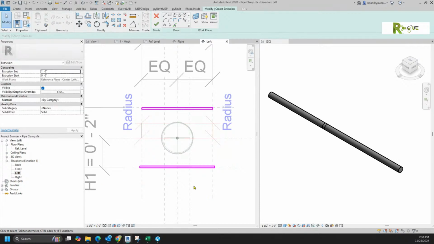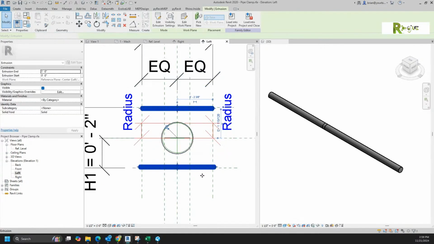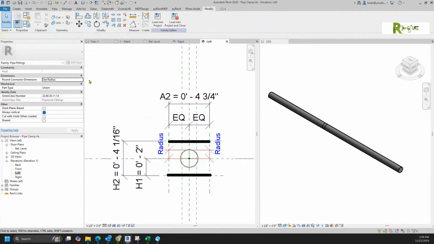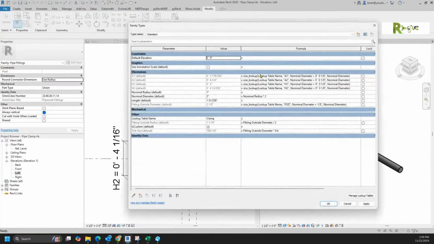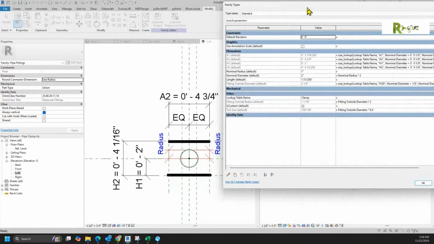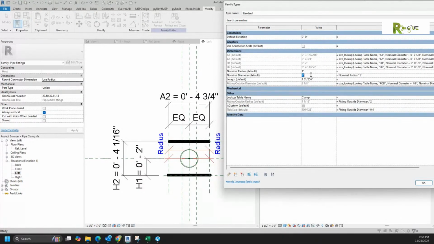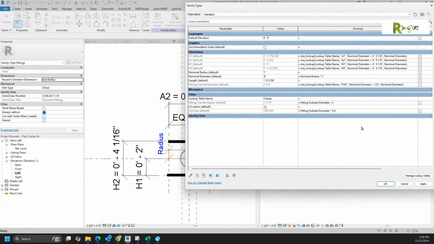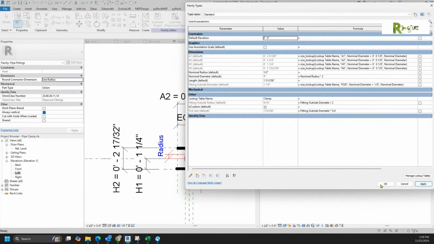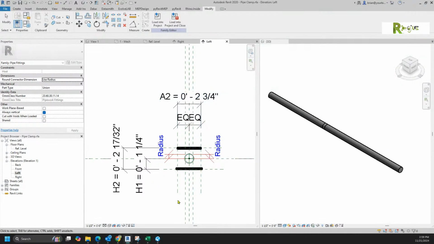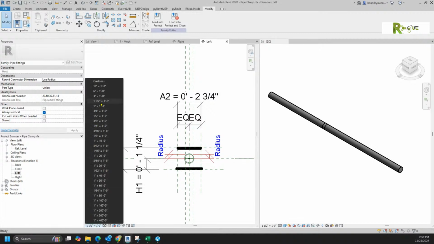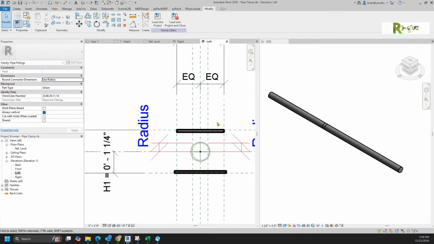Okay. And what we're going to see is now we should be able to change our nominal diameter to 1 inch and hit apply. And you would see that thing change to the appropriate size. That's insane. Okay. Yep. So all you really got left now, granted, from the front view,